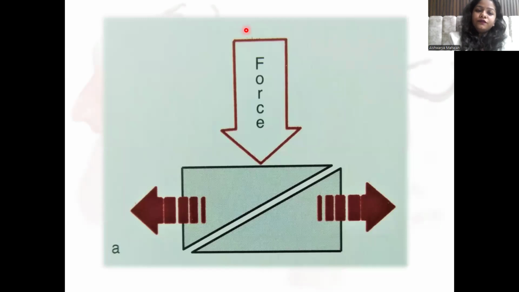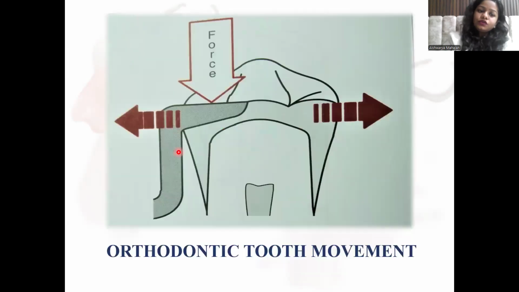Now, if forces are applied on two inclined planes, they tend to diverge from each other and provide destructive and dislodging forces. This principle is applicable here. So if this angle is greater than 90 degrees as appreciated in the diagram, when occlusal forces are directed over it, it tends to displace the metallic component, that is the prosthesis, away from the tooth, and a dislodging force is applied on the prosthesis.